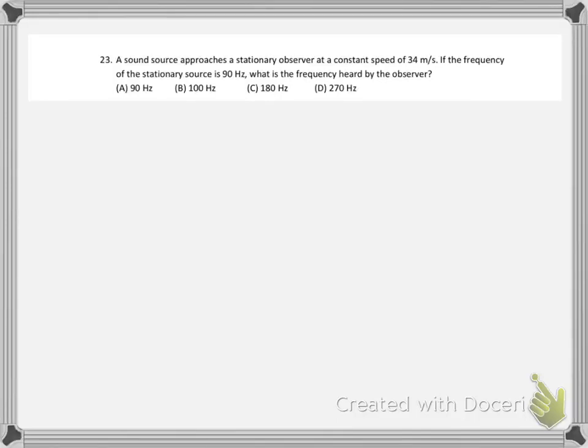Number 23, a sound source approaches a stationary observer with a constant speed of 34 meters per second. If the frequency of the stationary source is 90 hertz, what's the frequency heard by the observer? All right, so we can use our